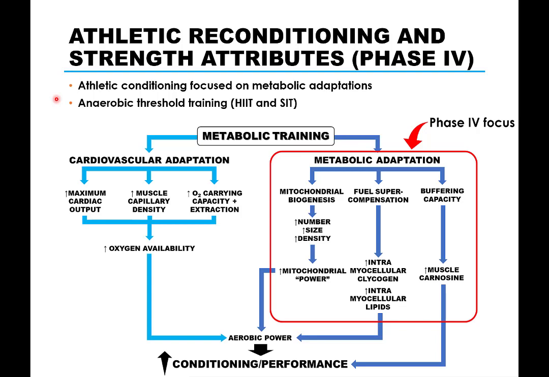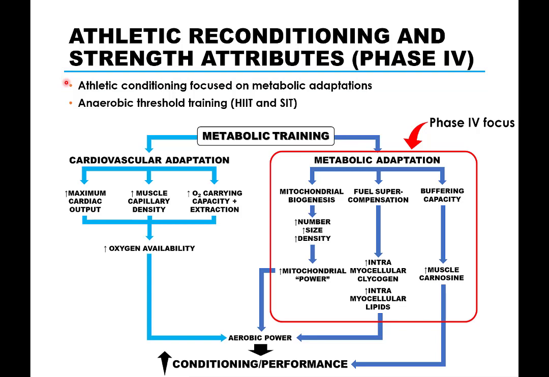To relate this to the example earlier, at 8 miles per hour, athlete A has exceeded the anaerobic threshold, and the aerobic system cannot fully meet the energy needs due to insufficient oxygen availability, and thus they are using the anaerobic energy system to help meet the remaining energy demands that the aerobic system cannot fulfill. For athlete B, the 8 mile per hour workload is not fatiguing because there is sufficient oxygen availability for the aerobic system to fully satisfy the muscle's energy needs. So the anaerobic threshold for athlete A is lower than athlete B, and you could say that athlete A is less conditioned than athlete B.